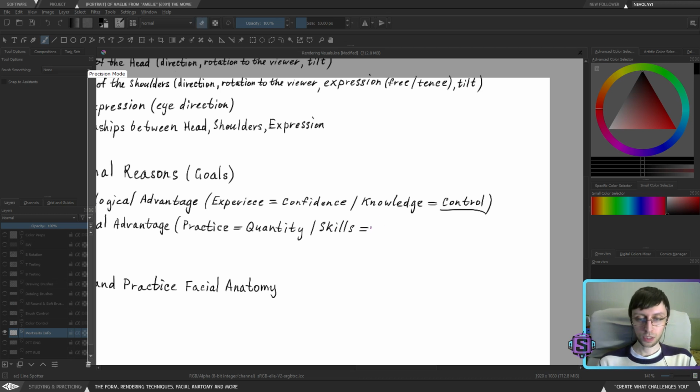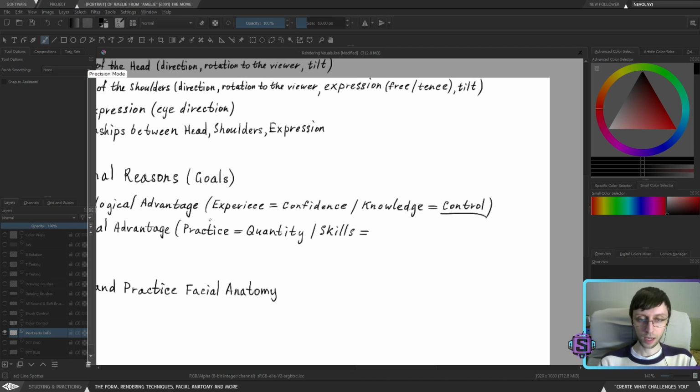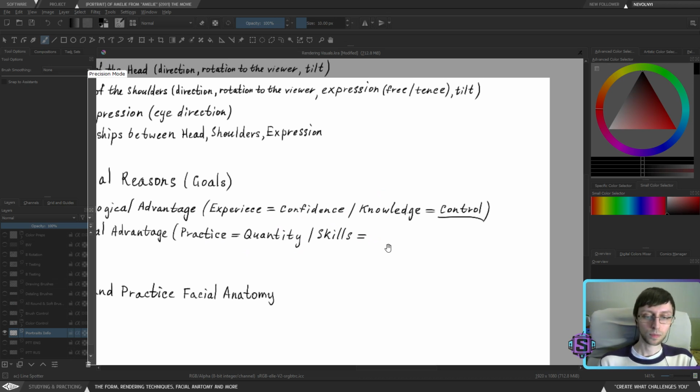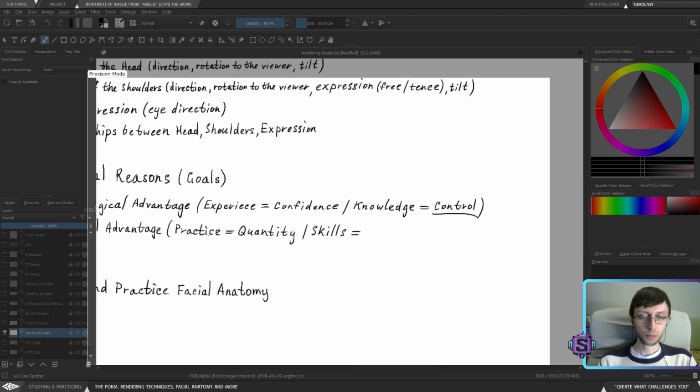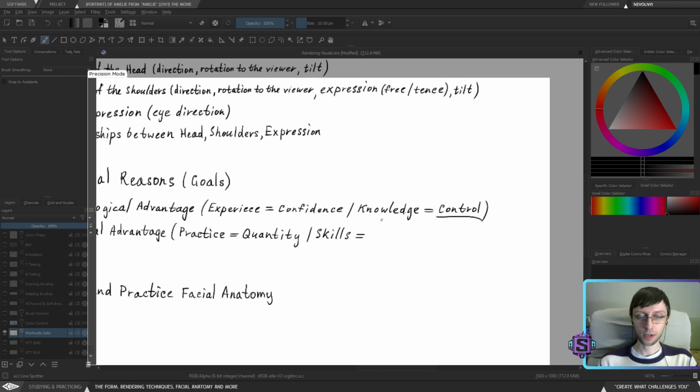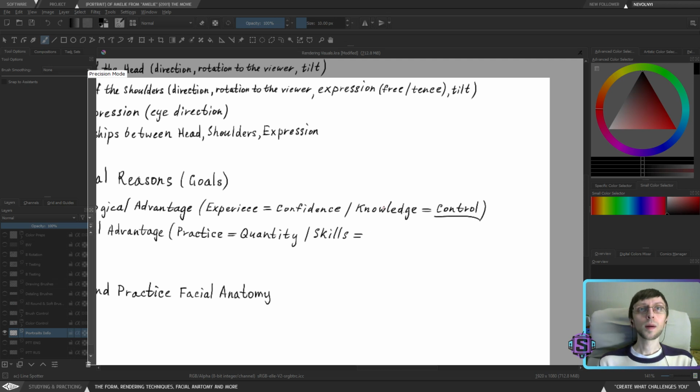Focusing on skills is a good idea, but if you don't have those elements of confidence, control, and quantity, they all have to work together. I tried to separate them throughout the years. It wasn't a good idea. So in the end, I figured out we need to connect them together. And skills, of course, are going to work with quantity or quality.